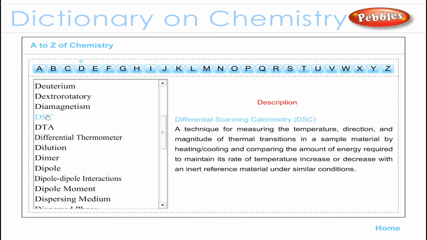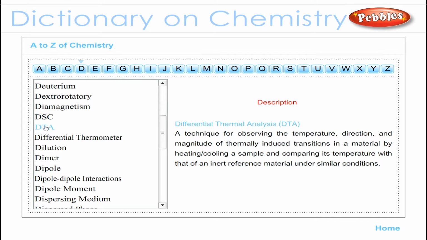by heating or cooling and comparing the amount of energy required to maintain its rate of temperature increase or decrease with an inert reference material under similar conditions. Differential thermal analysis, DTA, a technique for observing the temperature, direction, and magnitude of thermally induced transitions in a material